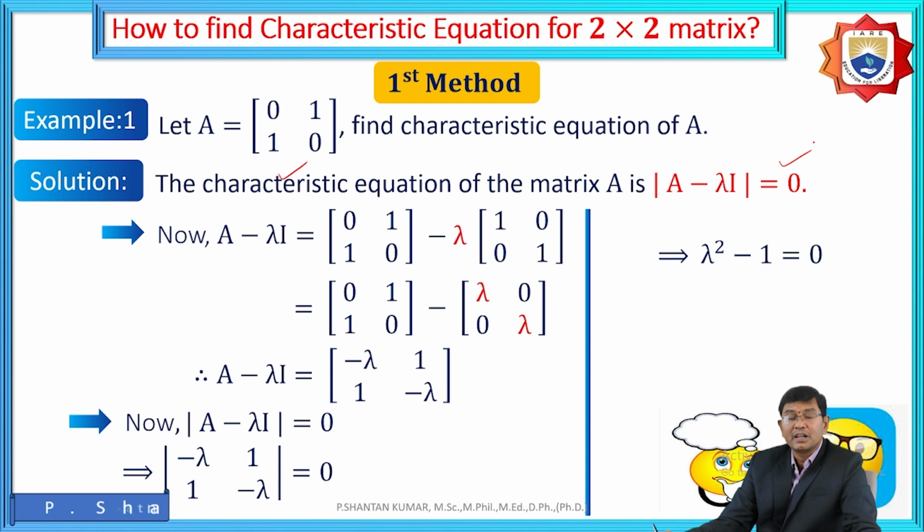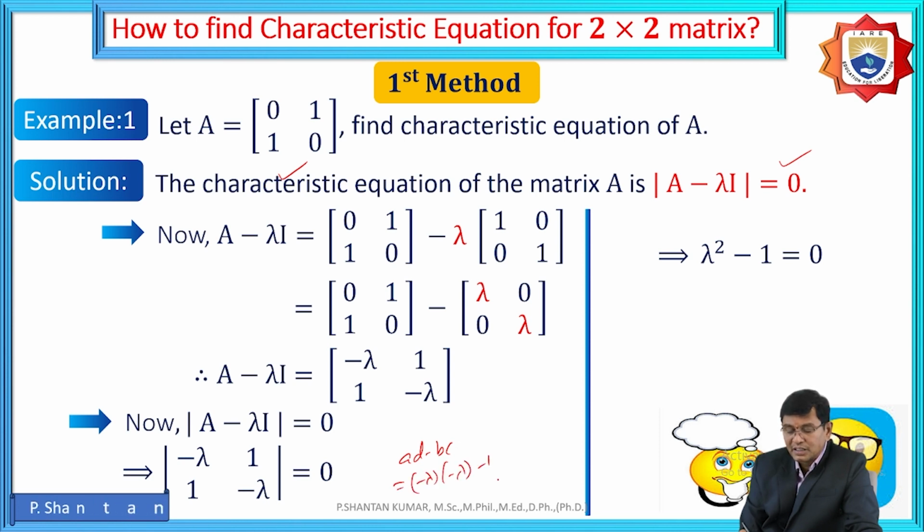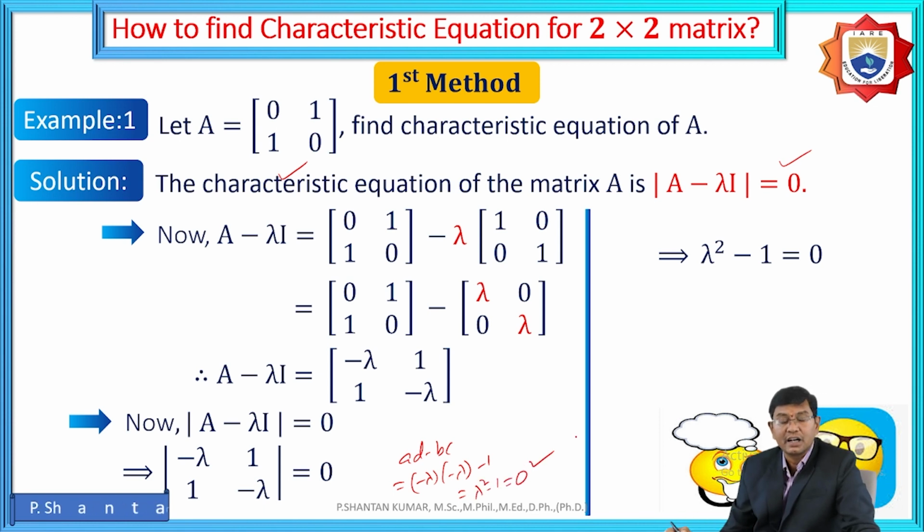While solving, we get lambda square minus 1 is 0, because AD minus BC is minus lambda into minus lambda minus 1, which is lambda square minus 1 is equal to 0. That is the general procedure to find the determinant of A minus lambda I equal to 0. But whatever we learned, the short method under the 2 by 2,